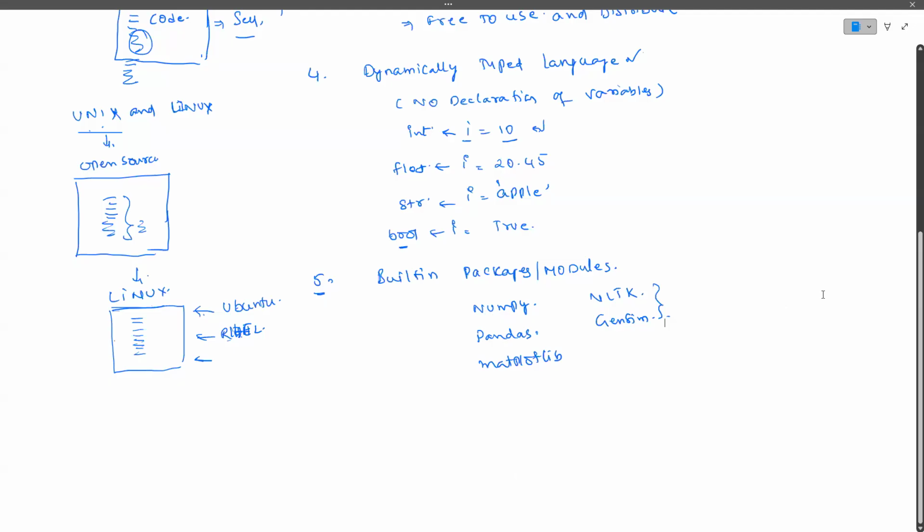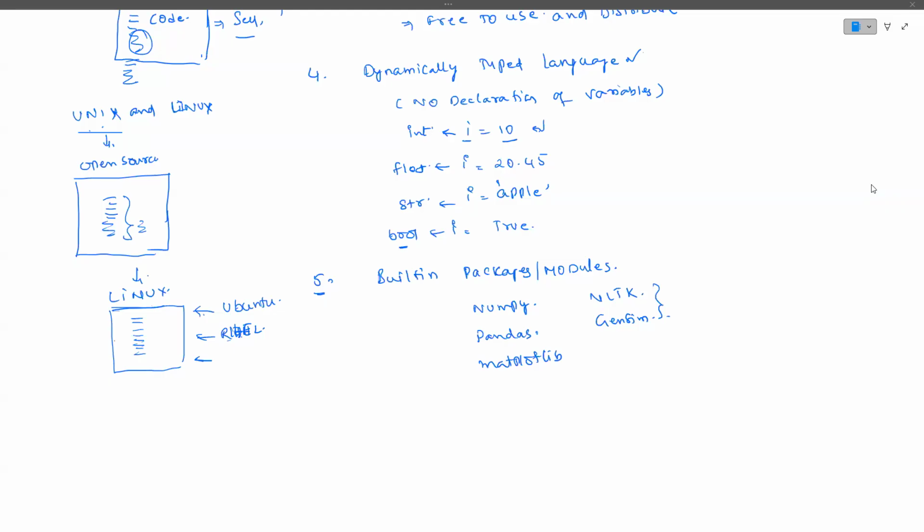So the Python community says that whenever you want to implement any functionality, you don't need to write it from scratch. You can directly import the libraries and work with them. But not every library can perform all the functions. For example, pandas does data analysis and data importing.